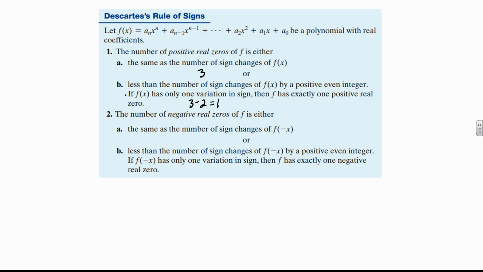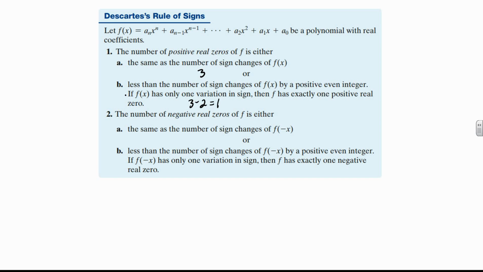And then he says, or, do the same thing, or less than the number of sign changes of f of negative x by a positive even integer. If f of negative x has only one variation in sign, then f has exactly one negative real zero. I mean, this is good. This is okay. But